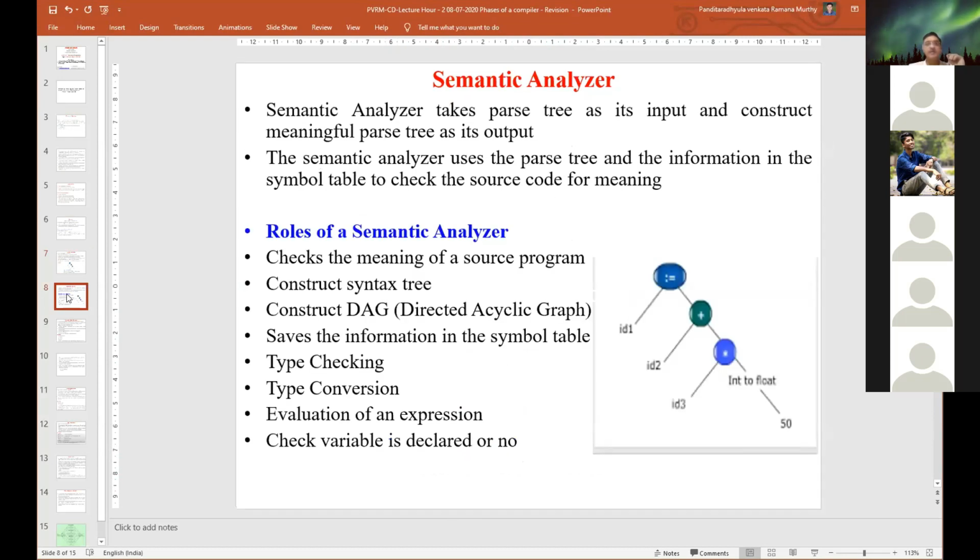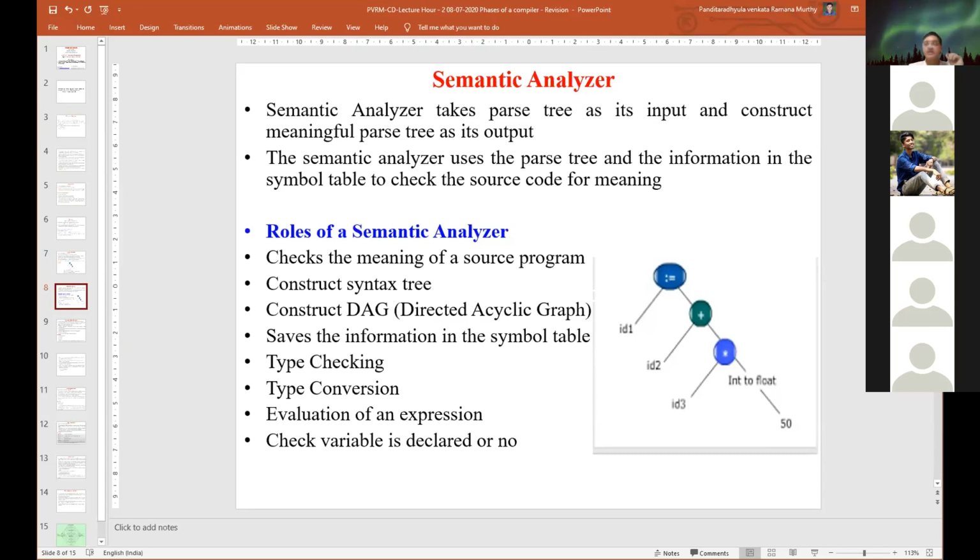Then semantic analysis. What do we do in semantic analysis? It is identifying the meaning of ID1, ID2, ID3. If required, it will perform any internal type checking or conversions. Finally, it checks that the meaning of the expression is correct. Otherwise, internally it will take care so that it does not generate external errors while executing the program.